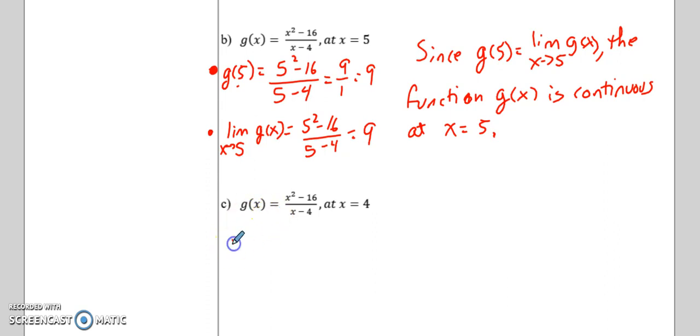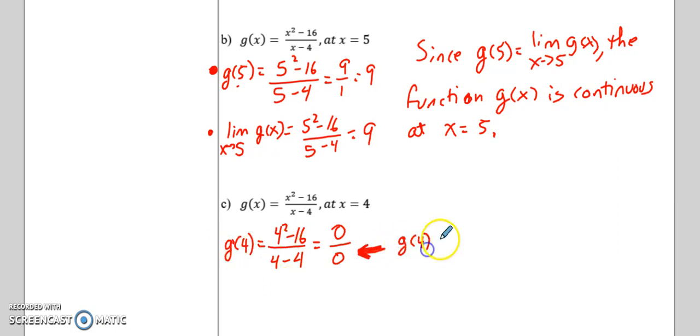So here, what is g of 4? Again, do we happen to have a continuous function? Well, do we have a value of g of 4? Well, yes, we have 0 over 0. That's an indeterminate form for limits, not a limit. This is a function value, and as long as you have a 0 in the denominator for g, that tells you g of 4 does not exist. Therefore, g of x is not continuous